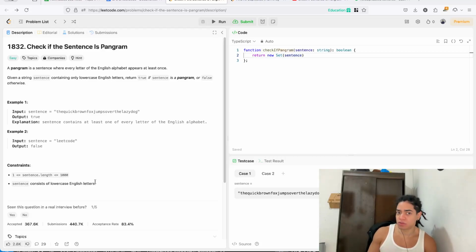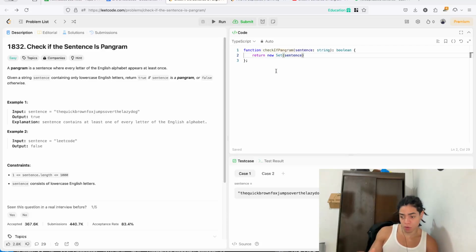So if we need to consider uppercase, we will need to define it a little bit, so our algorithm will be a little bit more complicated. But for this case, we'll use a set,